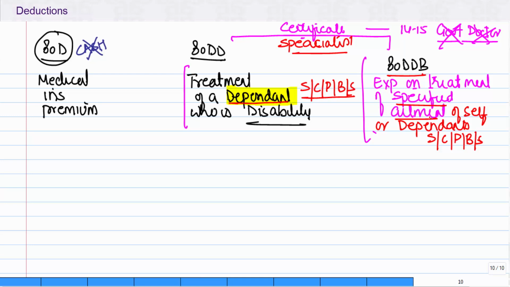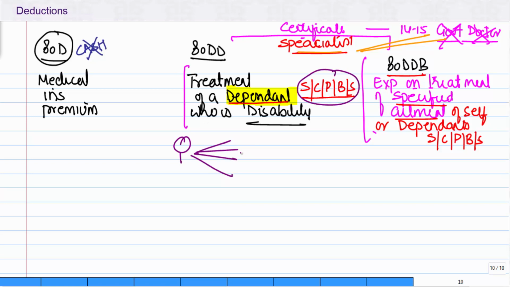If you have something in the orthopedics department, then you need a certificate from the orthopedician. So you need it from an expert doctor, a specialist doctor, not necessarily working in a government hospital. That is one amendment. Second is, now in 80DD, if there is a person who is maintaining a relative,